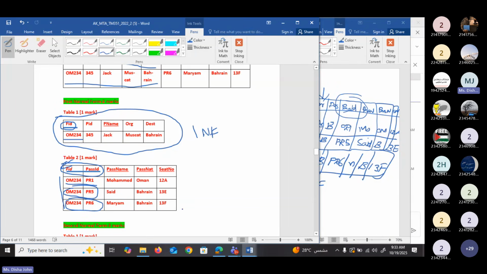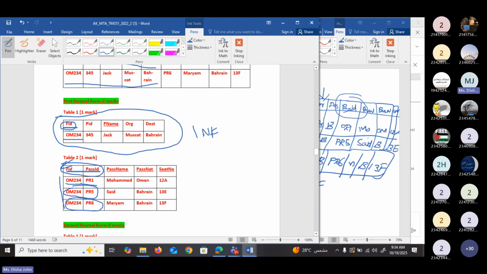Do you understand why we choose the combination of flight ID with passenger ID as the primary key? Why can't we use only the passenger ID? Isn't it unique? We have to identify the flight also, because if you choose passenger ID, we can only determine the passengers, but we have to know which flight the passenger belongs to. Don't they all belong to the same flight?